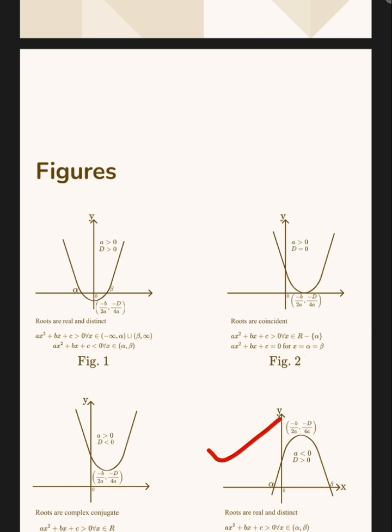Here again we will find the discriminant. Here also three conditions arise. If D is greater than 0, then the parabola will intersect the x-axis at two distinct points, and here also the roots will be real and distinct. Now in the same case, a less than 0, we are finding the discriminant. If D equals 0,